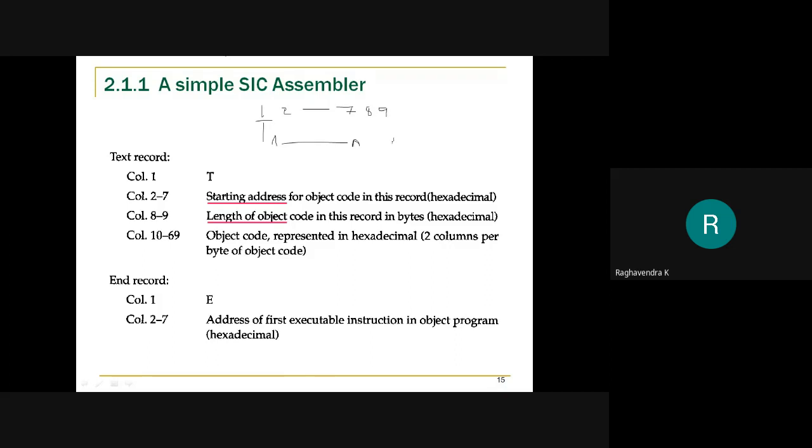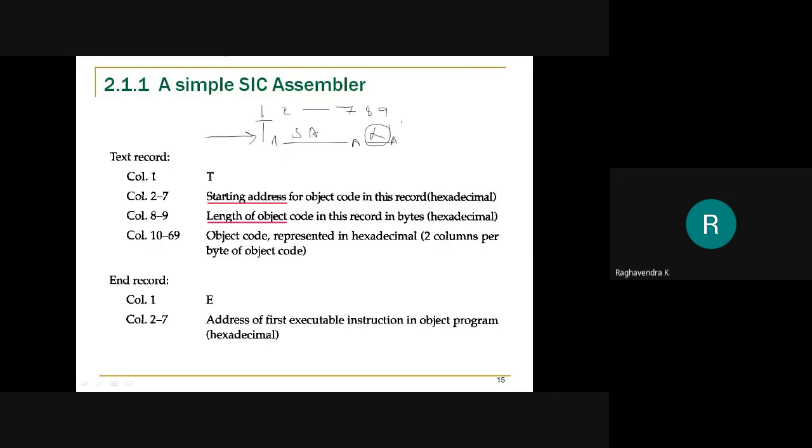What will they contain? They will contain the length of the object code in this record, that is, how many instructions are there in this record, specified in bytes. So this will contain the length, and that will contain the starting address.